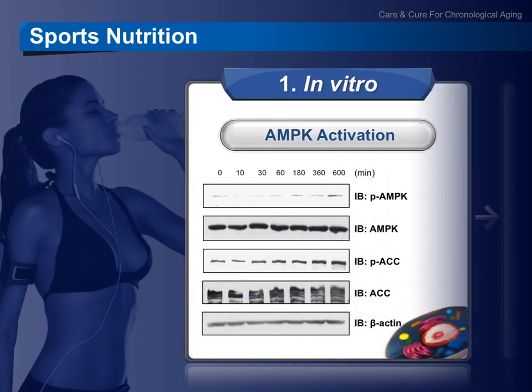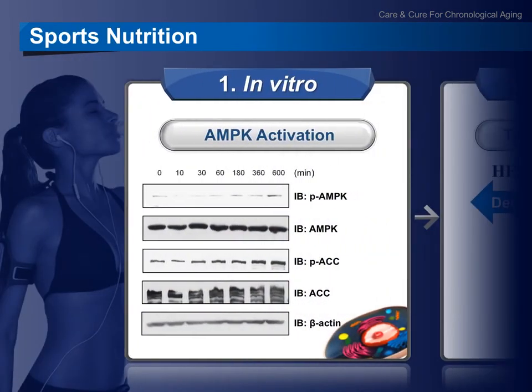In order to biologically explain the effects of OligoM on the exercise ability of aging mice and its future in sports nutrition, we were able to conduct in vitro, in vivo, and pre-trials in humans. In our in vitro study, we found that OligoM is a strong phosphorylated AMPK activator and a strong phosphorylated ACC activator, substances that allow for improved exercise ability.